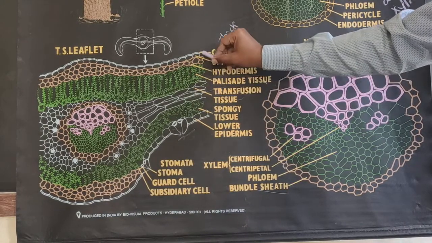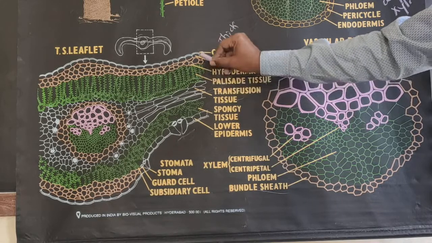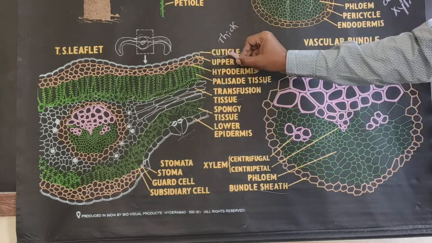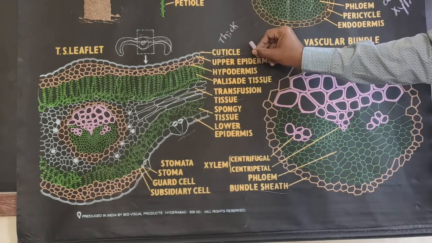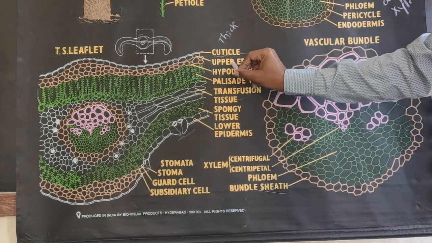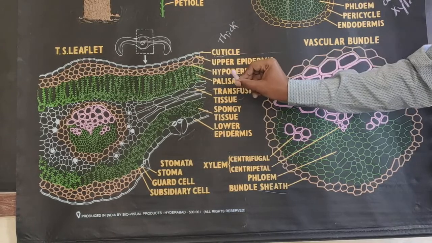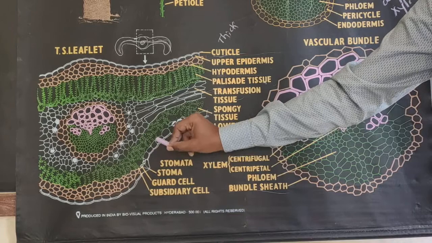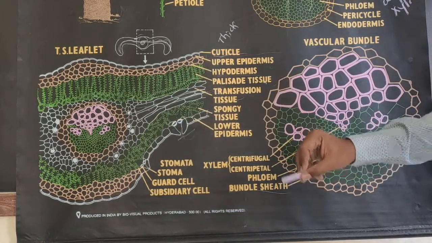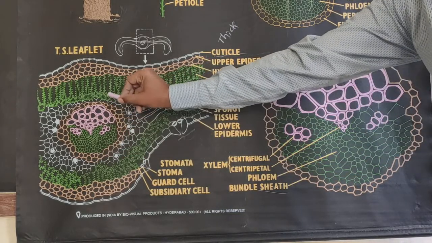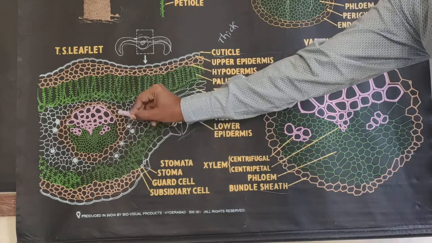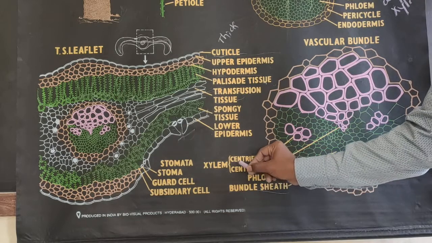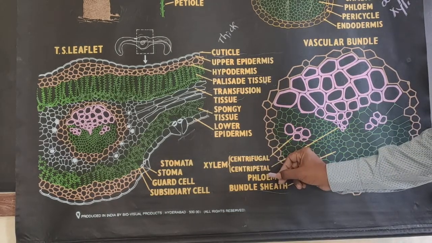The anatomy of the cycas leaflet mainly consists of the upper epidermis and the lower epidermis. They are both covered by a thick cuticle. After the upper epidermis, you will find a two to three layered hypodermis. But after the lower epidermis, the hypodermis is present only in the midvein region. At the center, you will find conjoined, collateral and closed vascular bundles. Again, the xylem is diploxylic because of the presence of centrifugal and centripetal xylem.